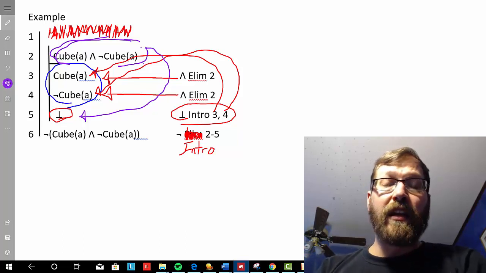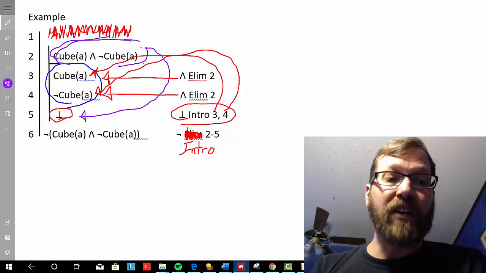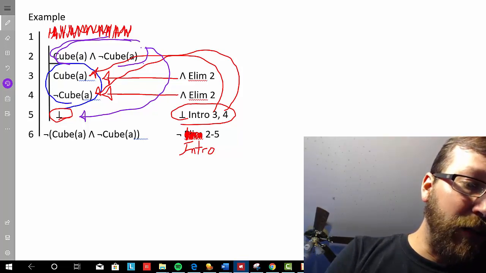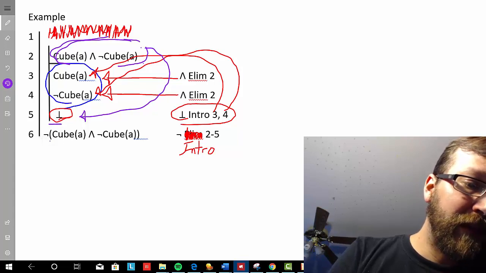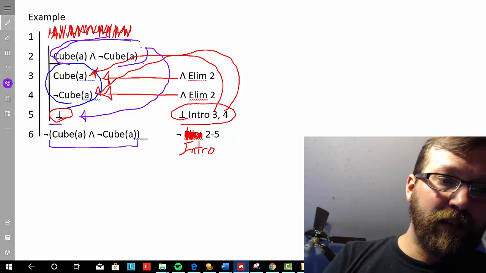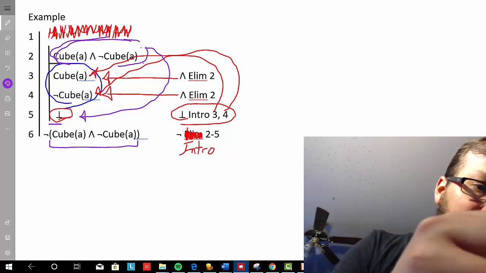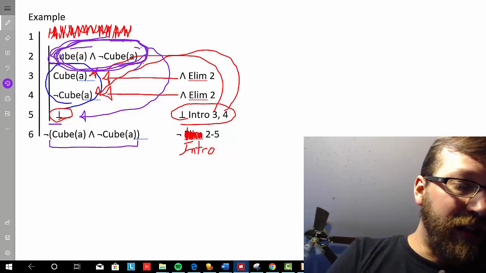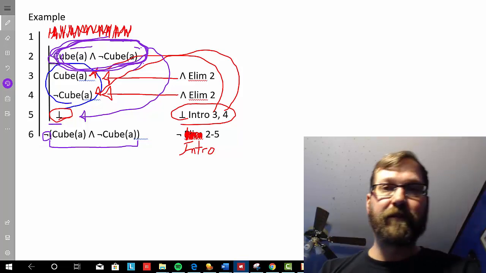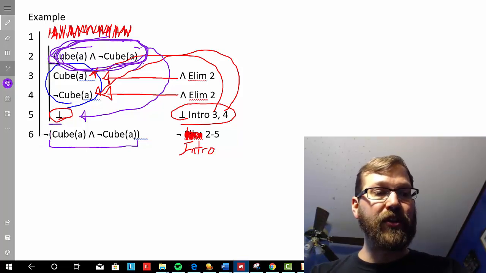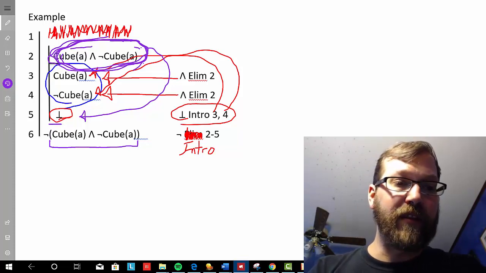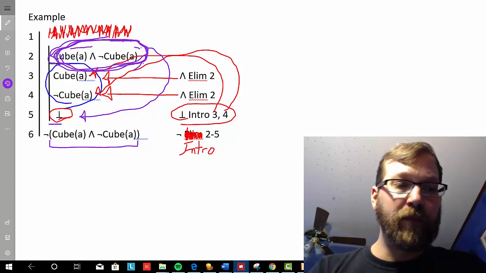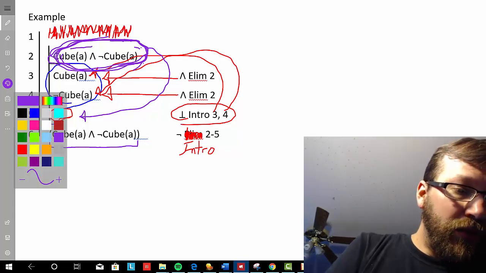Hence, the assumption that I introduced must be false. So notice that the inference that we make, we end the subproof here, is the proposition in step 2, except that it's being negated. And of course it's the entire proposition that has to be negated, which is why there are parentheses around the conjunction A is a cube and it's not the case that A is a cube. We do that by using the rule